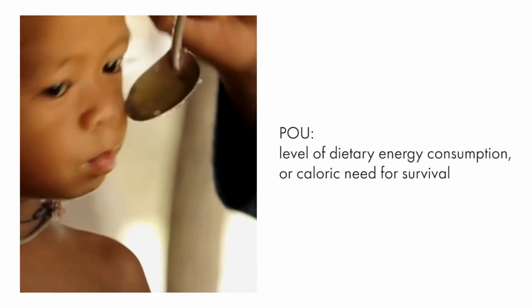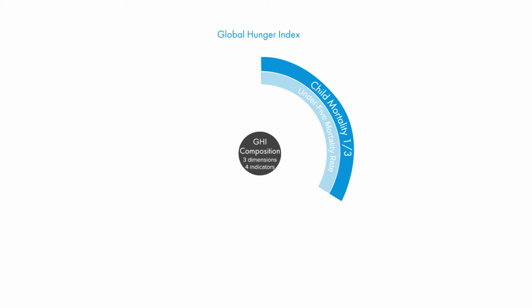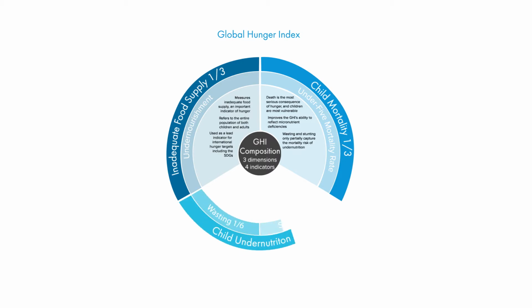Another interesting measure is the Global Hunger Index. This is a composite indicator of 3 different separate indicators that all come together to really give a nice picture of hunger. One is child mortality, so consequences of being hungry in a severe form. The undernourishment indicator that I just spoke about, the FAO indicator, and underweight for age in children under 5 years of age. This comes together as one composite indicator, and I'll show some of those results in a moment.